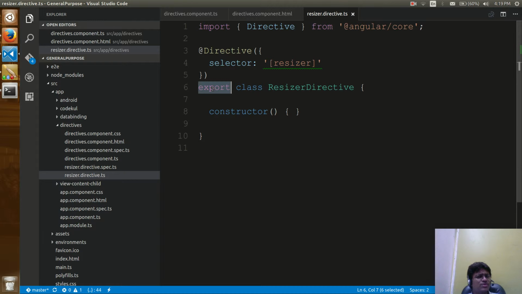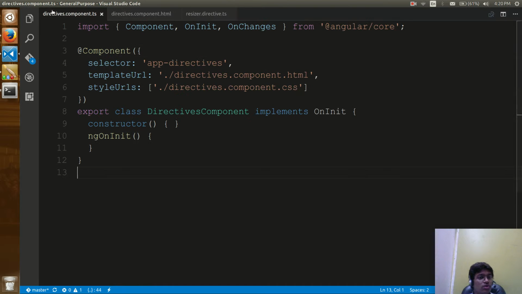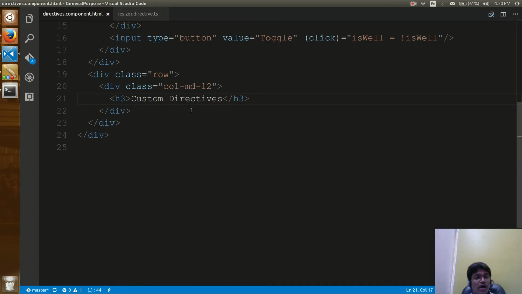right? It is a TypeScript class. They just have attached this @Directive annotation, the decorator or the metadata, over here, right? Resizer. Now I can operate on the styles. Remember that I can operate on the styles of this thing. How? Let me show you. Now I'm going to go here. So I would be going here,